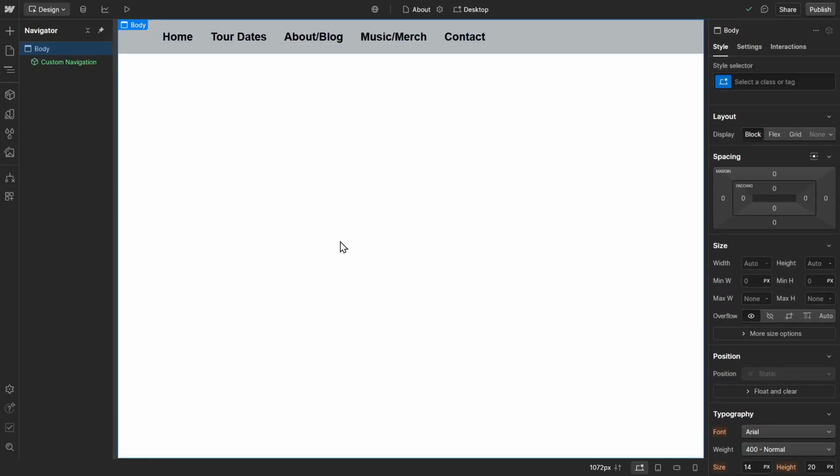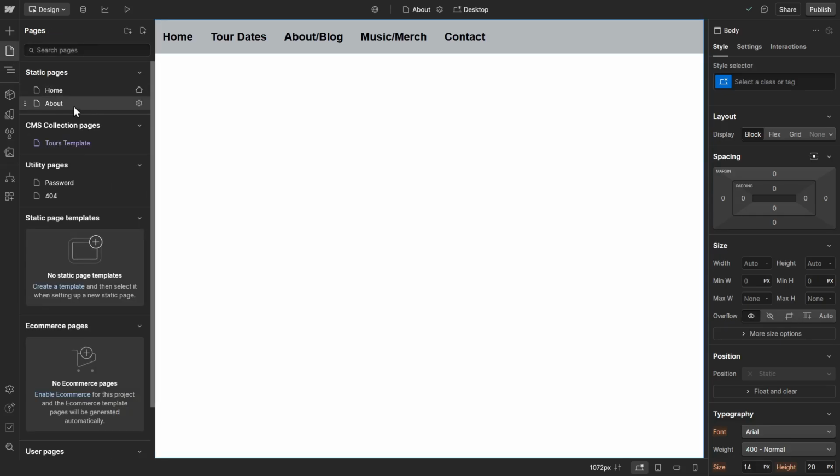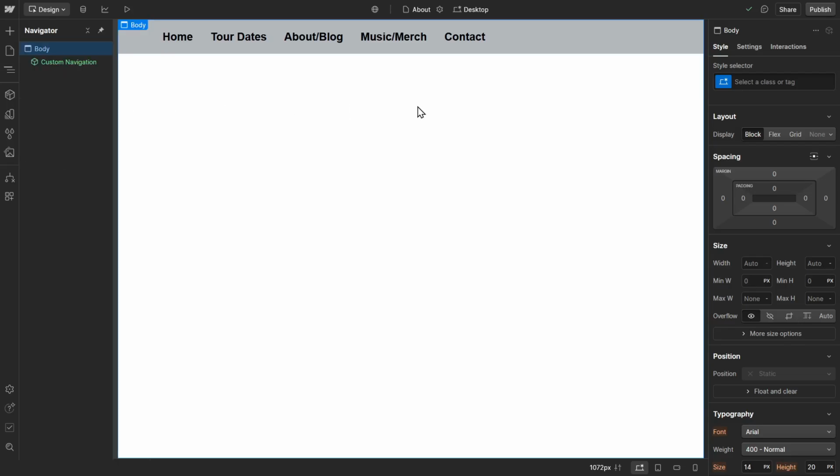Okay, if you're not already in the About page, what you're going to do is click on the Pages button and then click on About, and that's where we're going to be. We're going to go ahead and make sure the navigator is open, and we're going to click on Body. The next thing we're going to do is add a div block,